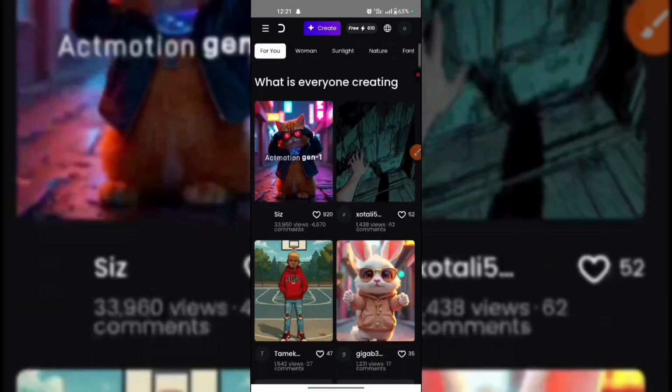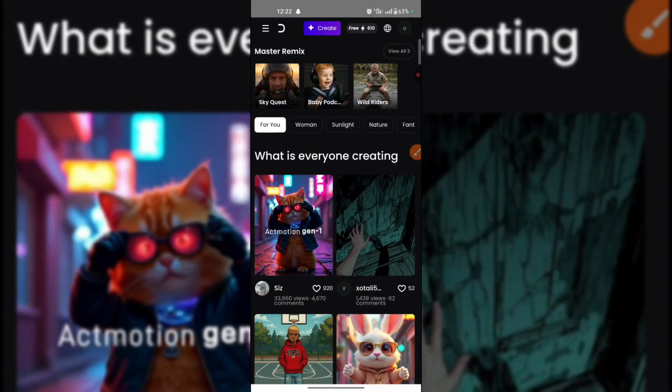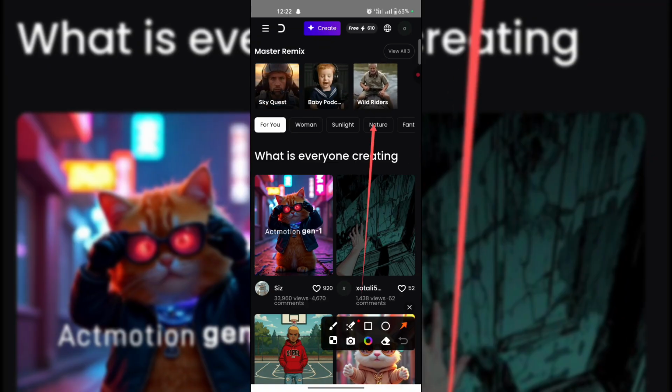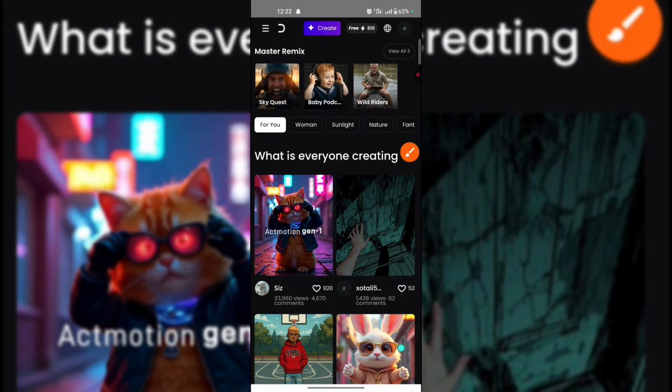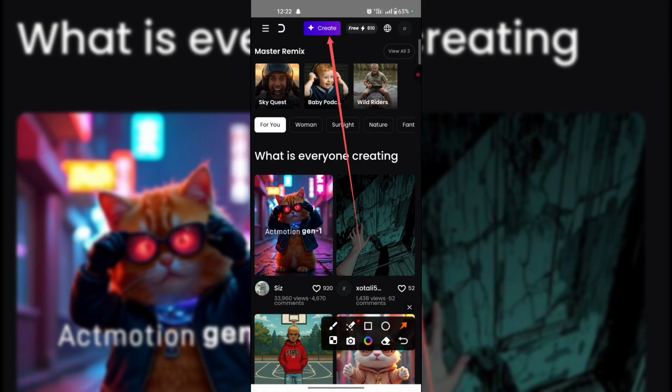Alright, so this is the Digen interface. Once you sign up for an account, they will be giving you free credit every day. I think up to 140 credit every day. And the sweet part about this AI is that even if you don't exhaust your credit for the day, it will still accumulate to the next day. So I have up to 600 and something credit here. And video generation costs about 20 or 10 credit, I think. So I'm just going to click on create at the top bar here. Just click on create.